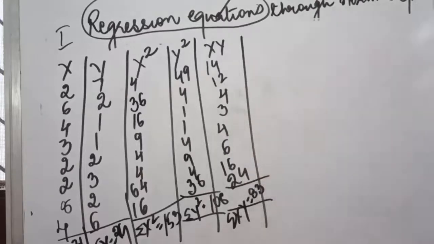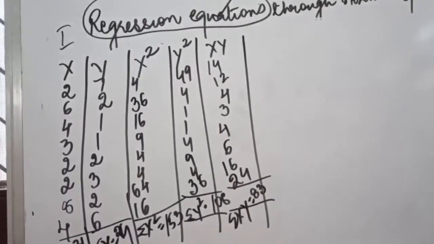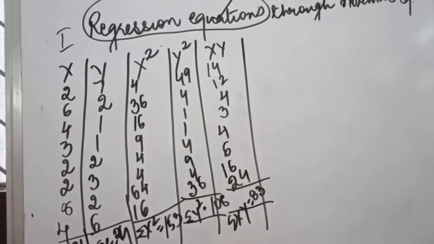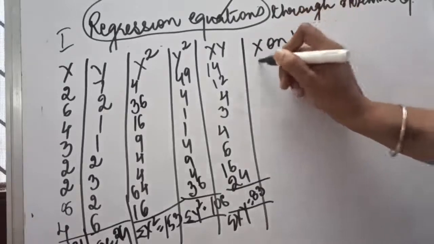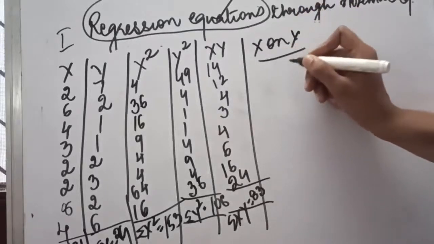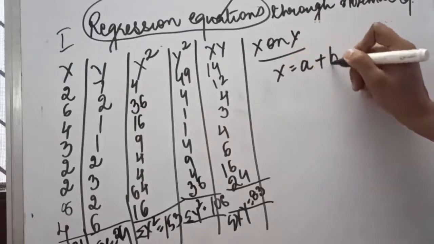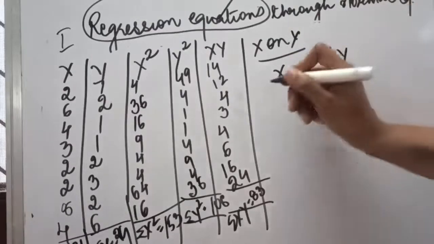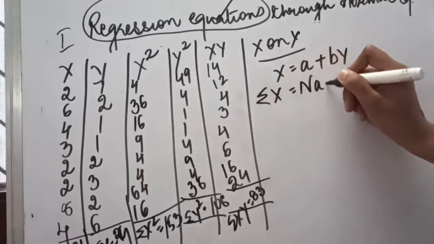Now we have got all the values from x and y. Now we will start with our regression equations one by one and put these values into it. First of all, let's start equation x on y. So as we have seen in the initial stages, if we have to calculate x on y, we will make use of x is equals to a plus by. This is the basic equation. Then we have seen we have multiplied these with both sides with sigma x and we have got this.